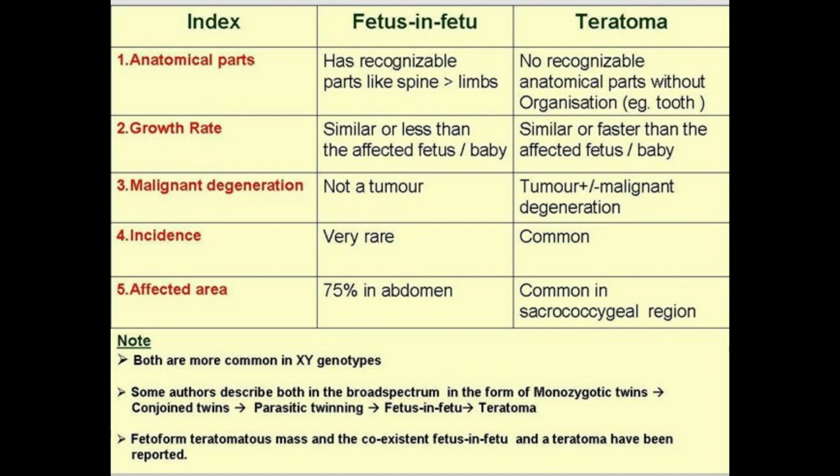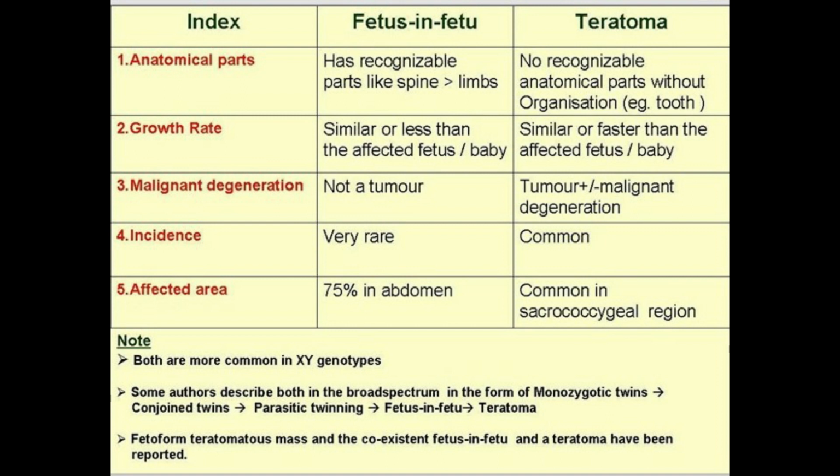And the incidence is very rare in fetus in fetu. They say 1 in 5 lakhs, whereas teratoma is a very common entity which has been diagnosed antenatally too. The affected area in fetus in fetu, 75% affects the abdomen, more commonly retroperitoneally, and sometimes the intraperitoneal compartment can also be involved, whereas teratoma can occur anywhere, but is more common in the sacrococcygeal region. And please note that both are common in male